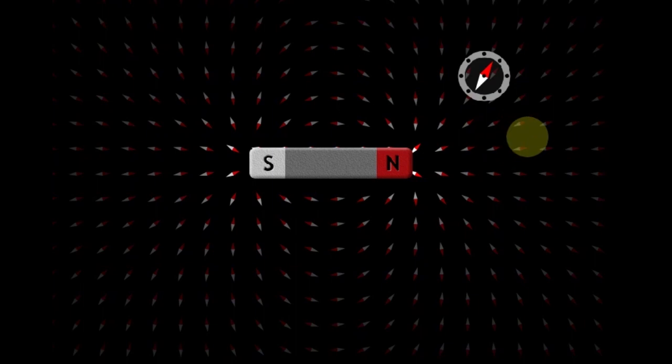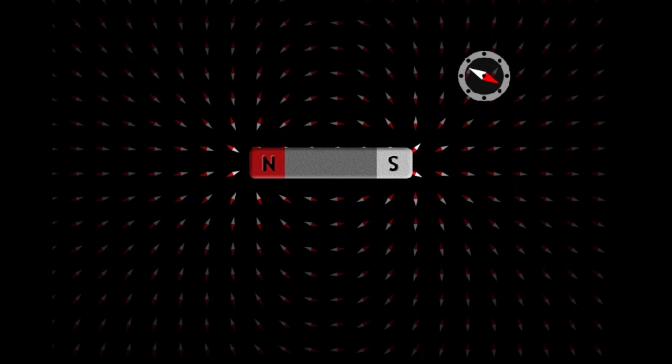Now what will happen if I flip the polarity of the magnet? By flipping the polarity of the magnet, you will see the direction of field lines will interchange its original direction. And what will be the field inside this magnet? Outside, the field lines travel from north to south pole, but inside the magnet it will travel from south pole to north pole, and every magnetic field line will consist of a closed path, and no closed path will ever intersect.